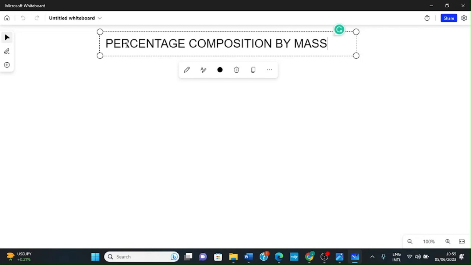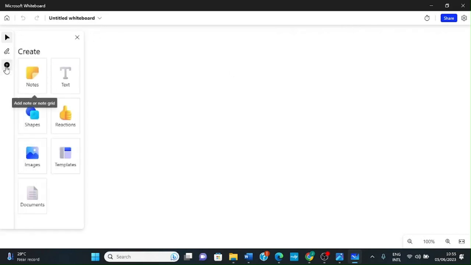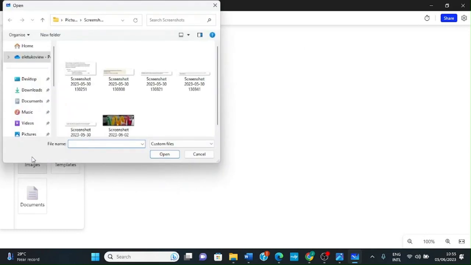So we're looking at percentage composition by mass, how you can calculate the percentage composition of an element in a compound. In our last class, we are meant to understand that a compound is a substance that contains two or more elements that are chemically combined together. So each element in a compound is combined in a definite proportion. So we'll go straight to the task, and I want us to please listen attentively and learn one or two things. So we're taking the first question, which is,